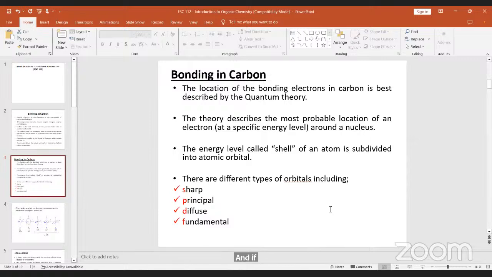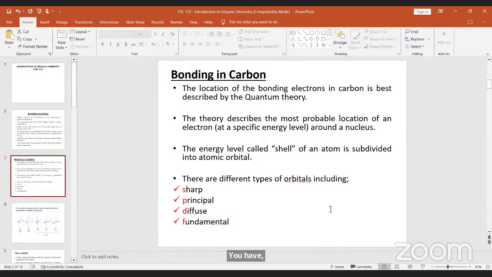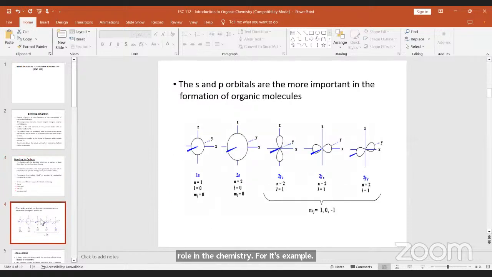We call these S, P, D, and F orbitals. So you have come across the s orbital before. You've heard of the p orbital. You have the d orbital and the f orbital. So all these also play an important role in the chemistry of carbon. For example, if I ask you to write the electronic configuration of carbon, I'm sure that everybody in this class knows that it is 1s2,